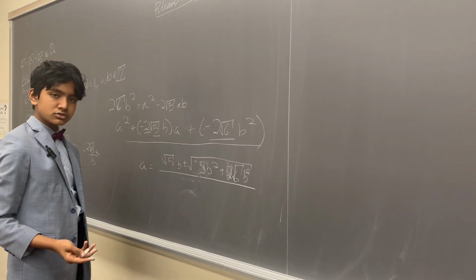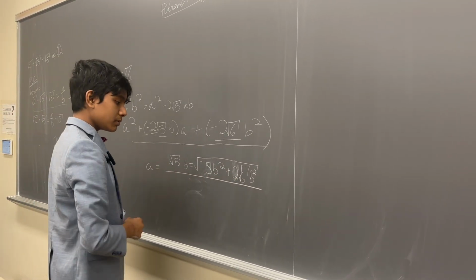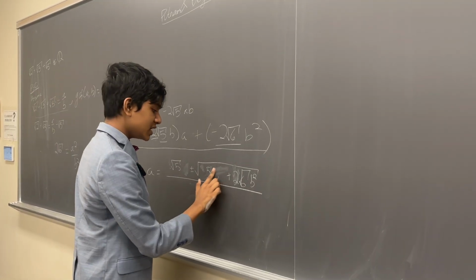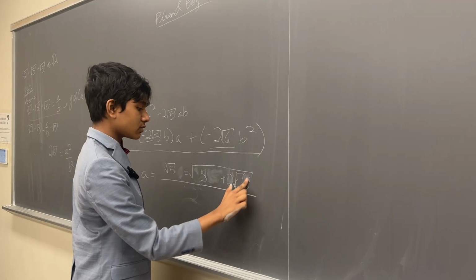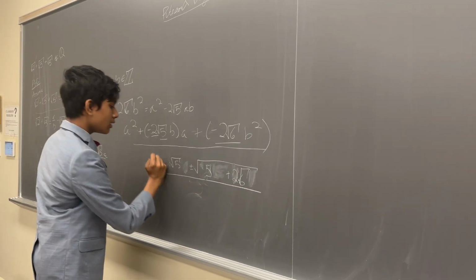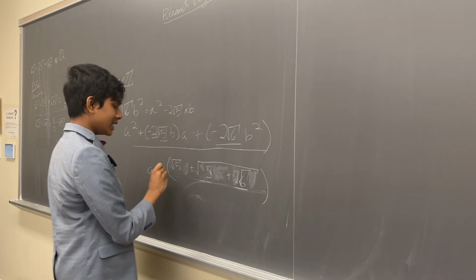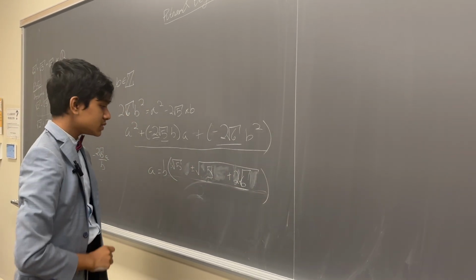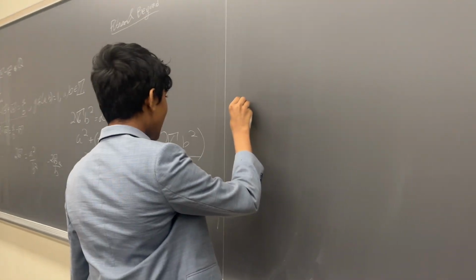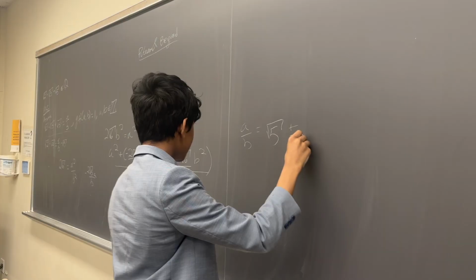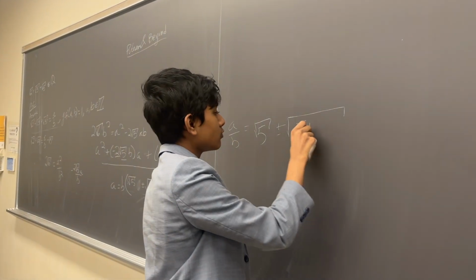And in fact, you can also factor out b from here, because the b squared factor from under the square root all reduces to a factor of b that you can take out. Which means that we have a over b is equal to the square root of 5 plus or minus the square root of 5 plus 2 rad 6